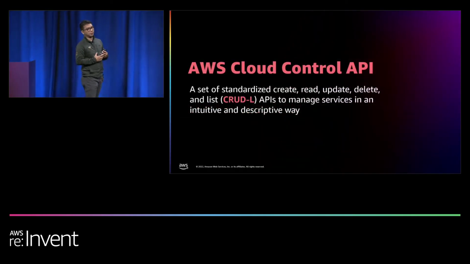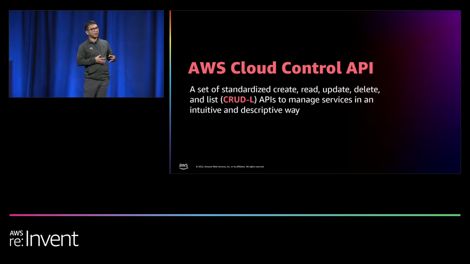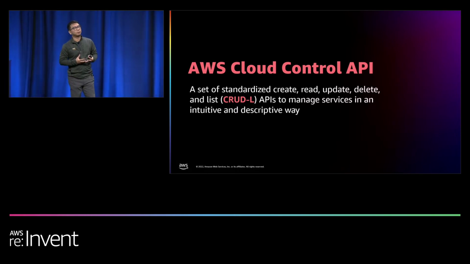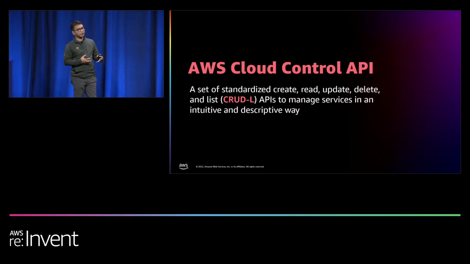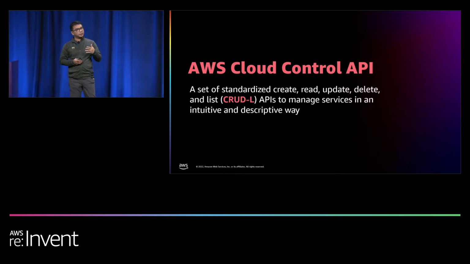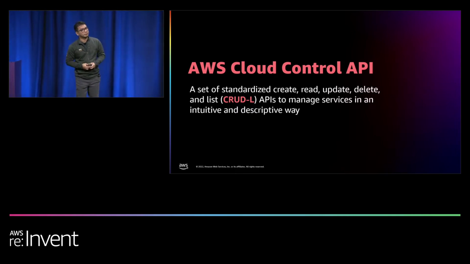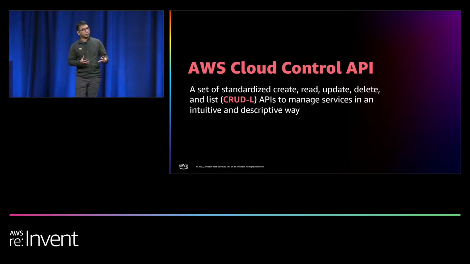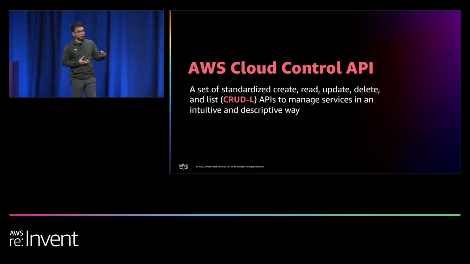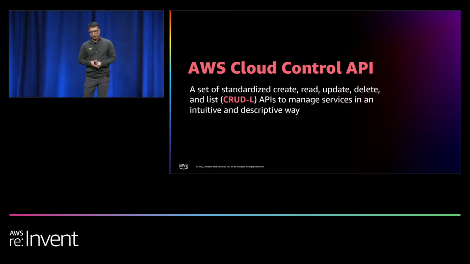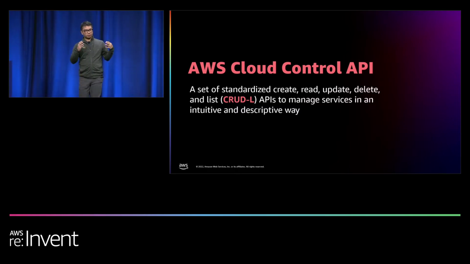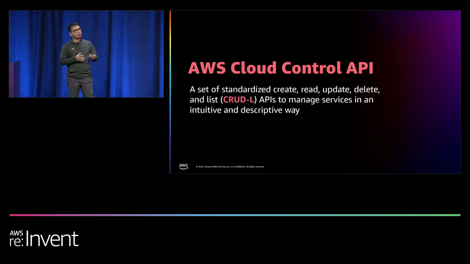So I guess the question now is, what is Cloud Control API? What does this actually do? And how is this different, for example, from the EC2 or Lambda API? Cloud Control API essentially is a common set of APIs designed for developers to make it easier to manage cloud resources consistently. It also helps them leverage any new AWS feature or new service effectively on the day of launch, or maybe shortly afterwards. And it does that by introducing a set of common APIs to manage the end-to-end lifecycle of the AWS